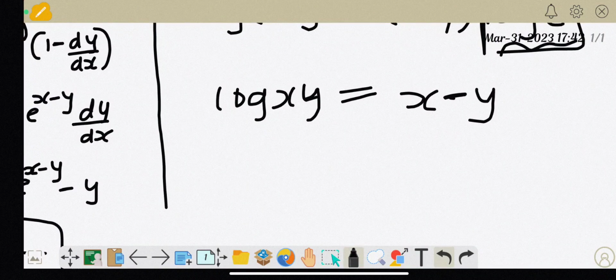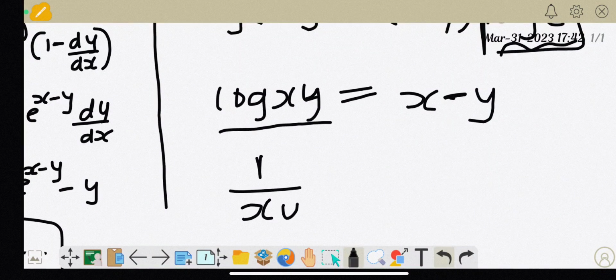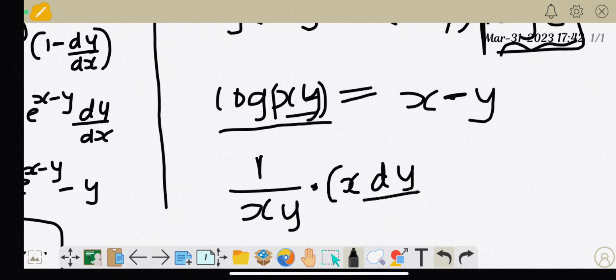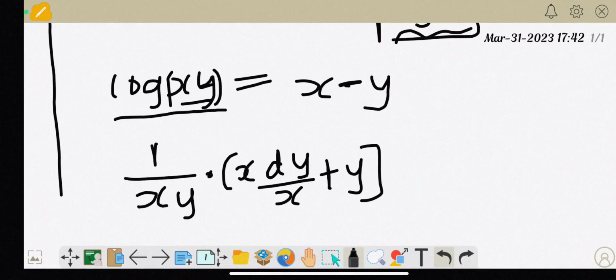So differentiation of log xy, what you can do is, if you want you can expand it, log x plus log y. If you don't want to expand it, you can write it directly, no problem. Okay, so I will not expand it. Why? Because if you expand, you have to differentiate twice. Okay, differentiation of log xy is 1 by xy into differentiation of xy. So what is differentiation of xy? In product rule, first into differentiation of second plus second into differentiation of first. So second term is y, differentiation of first is x, that is 1, that is equal to